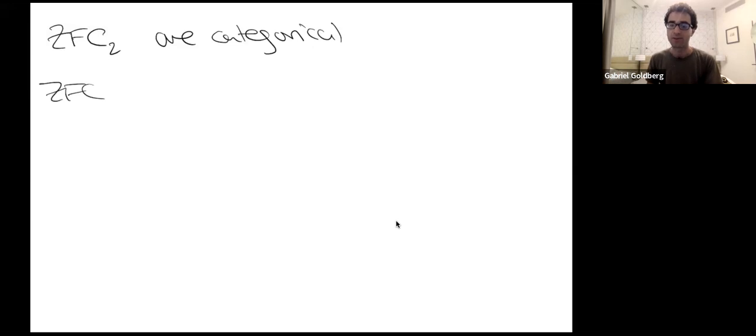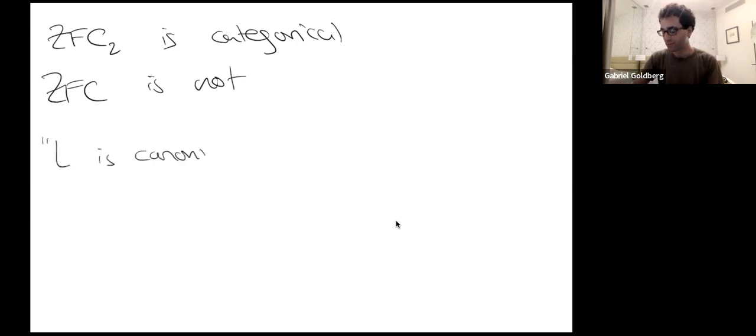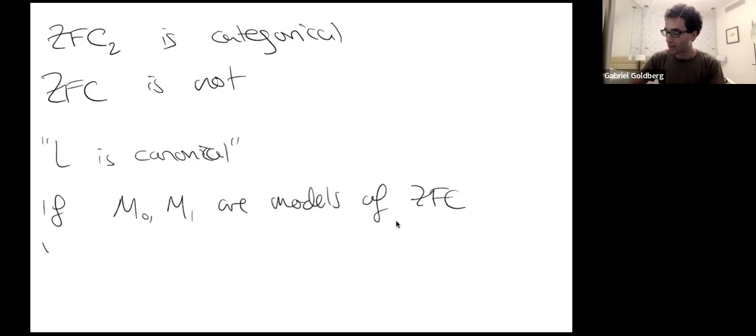And L gives you the reason for that. It's much easier to satisfy the first order comprehension axiom. But the interesting thing about L is that it's canonical, or absolute, in the sense that if you have any two models, M0 and M1, with the same ordinals,